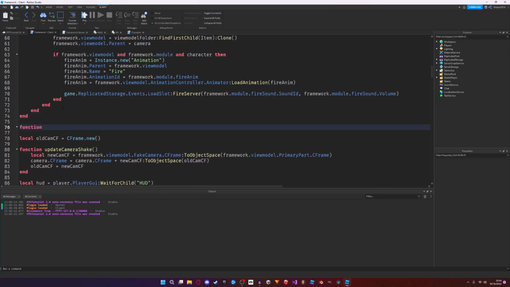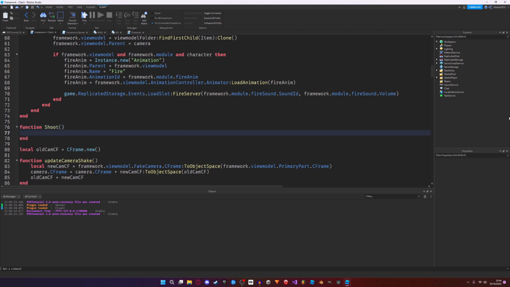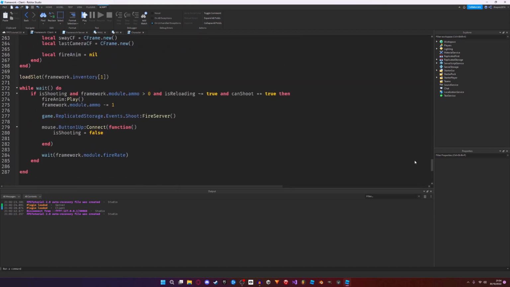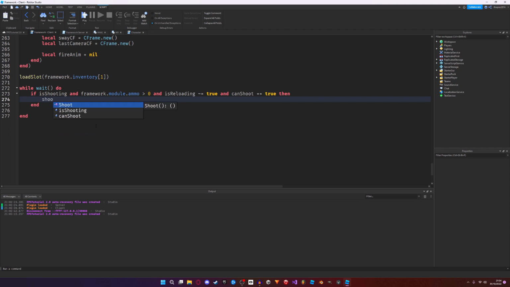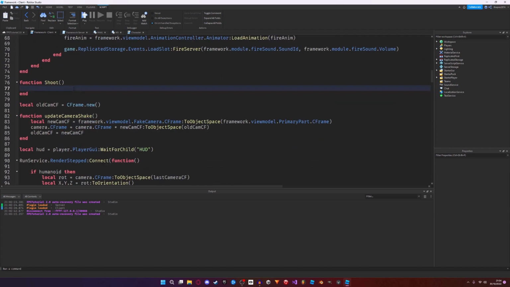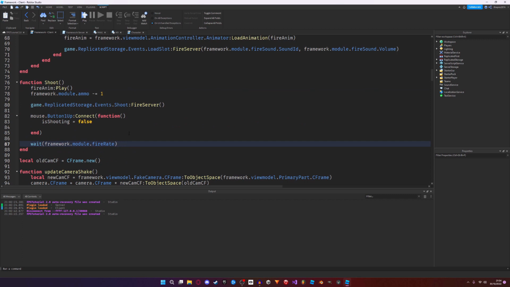I'll just say function shoot, and I'm going to go down here and I'll copy all of the code in here, and I'll say shoot. Go up to the shoot function, paste all of that in,